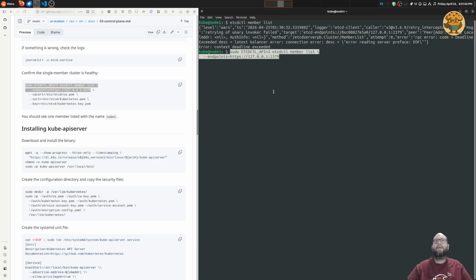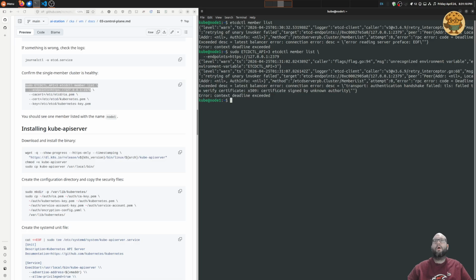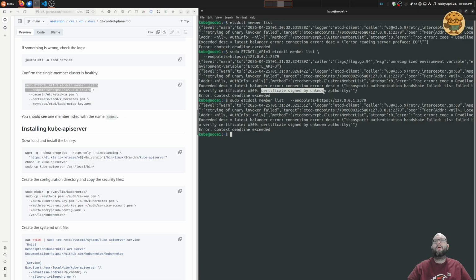Let's try this, see what happens. Unrecognized environment variable. So we don't need this. You can see it right here. Certificate signed by an unknown authority. Yeah, that makes sense because we didn't pass any of the certs in, so we need to pass in the